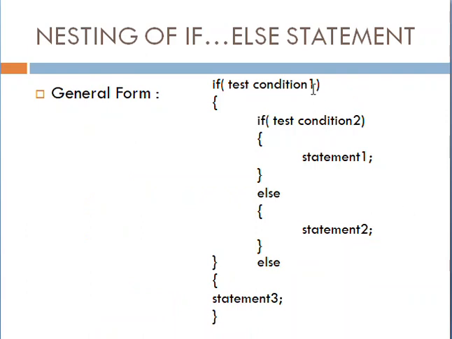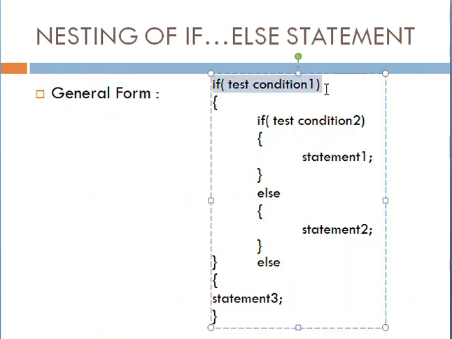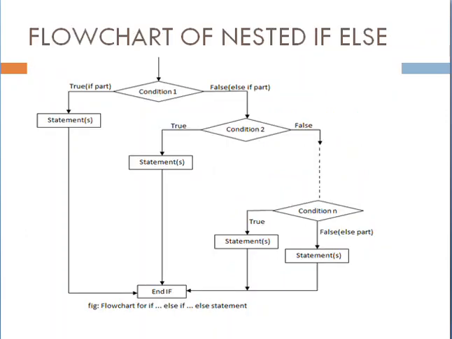So, the general format of if else is: if condition. This is what we saw in the previous slide. This is our test condition and this is our true condition. Statement 1 is the true condition, else it is the false condition, and finally the statement would be printed only once, whether it is true or false. After completion of this,